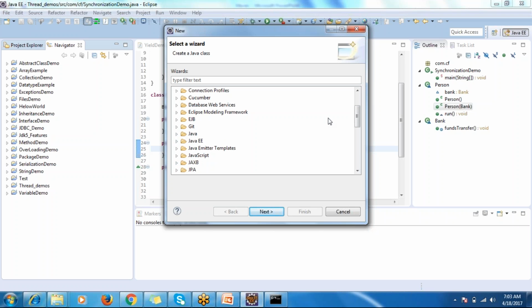Did you see Maven anywhere? You can see here, right? So if you expand here, you will see Maven project. So far we are creating Java projects, right? Now I am going to create a Maven project. Click next,